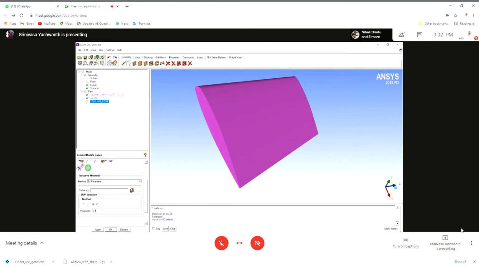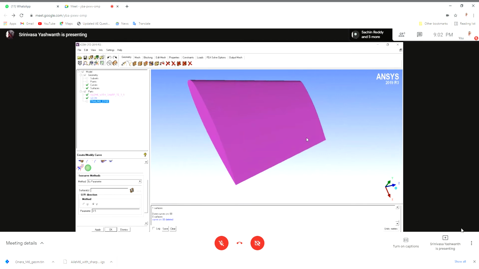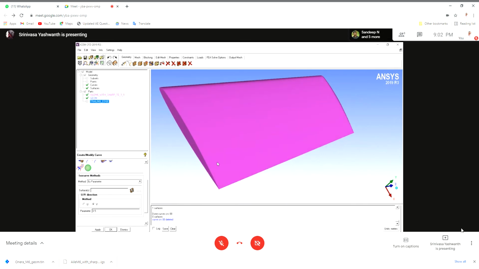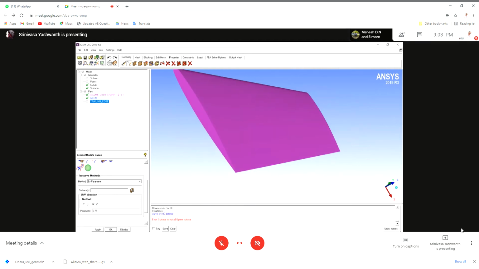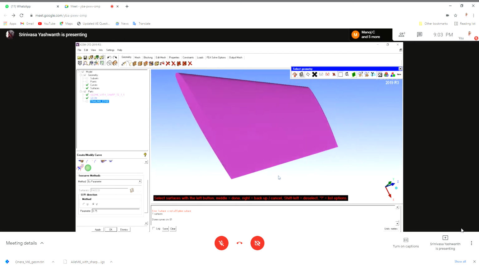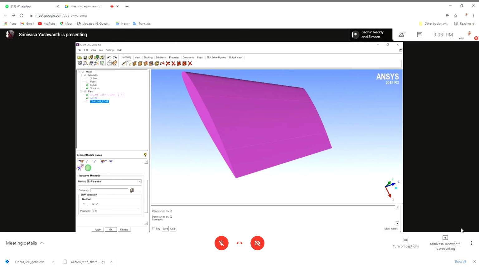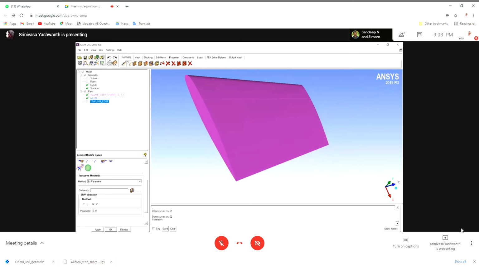if I also here, I don't want the entire half of the upper surface. Only some percentage near the leading edge. So I'll take some 0.75. Okay, I haven't selected the surface. So as you can see here, it'll create a curve at the end of the surface. So you can play around with this parameter to get it where you want. So now it has created a curve near the leading edge of the upper surface.